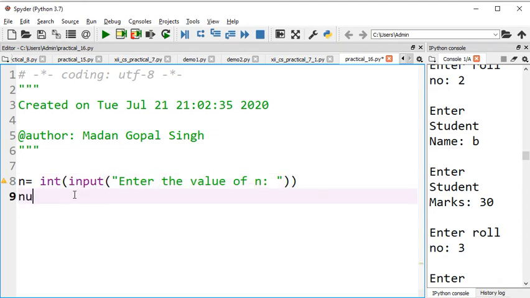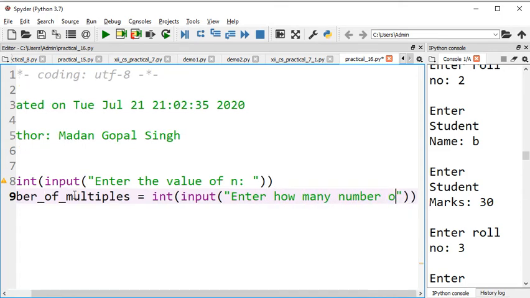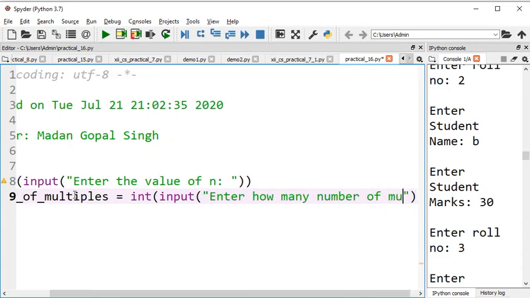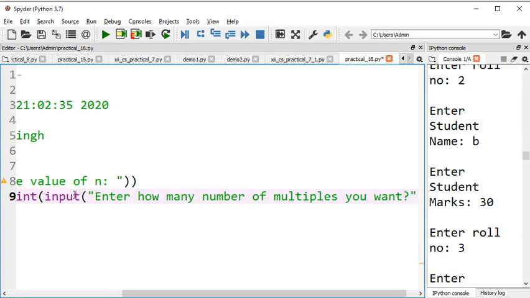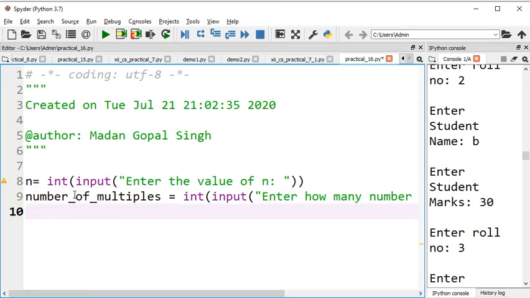Now I enter the number of multiples, let's say integer input, enter how many multiples you want, how many numbers you want, you will enter.